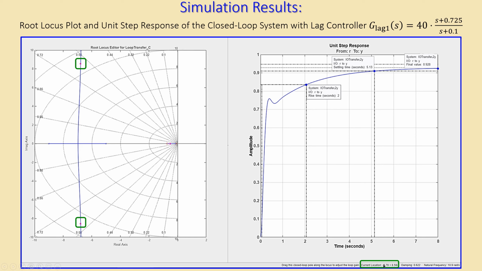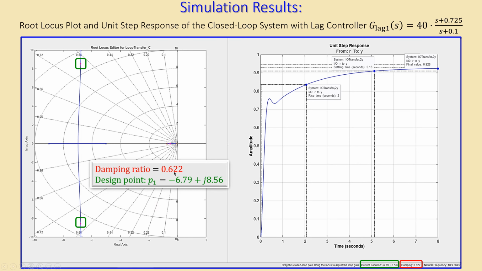That's very predictable, because we will also have a zero and a pole in our system. So it is not exactly what we have, but it is not that far away from what we initially had as a design point. What is surprising here is the damping ratio, which is in total 0.622, very close to 0.63, and the design point is also very close to what we had before. If I look at the unit step response, I see that the final value is